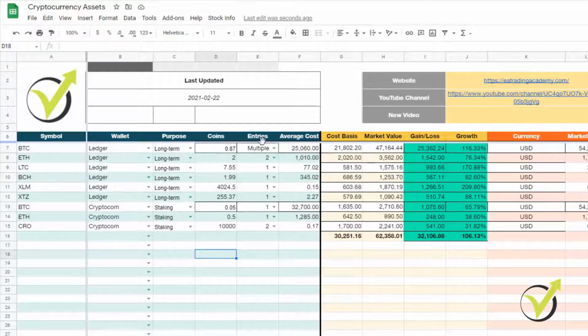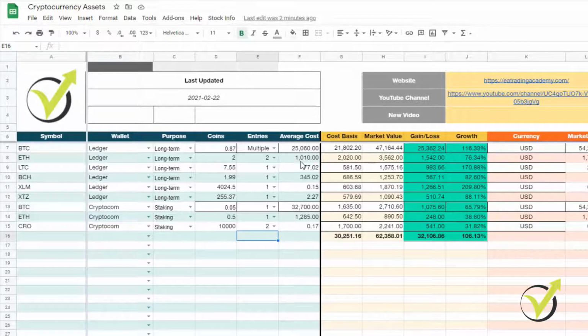So Bitcoin, the first one, I have bought multiple times, and here I have 1 time, 2 times, 3 times, or more than 3 times, multiple. And below you see that I have bought Ethereum 2 times, and 1 is below, and then I have the Crow, which I have bought 2 times as well for the purpose of the course, right?